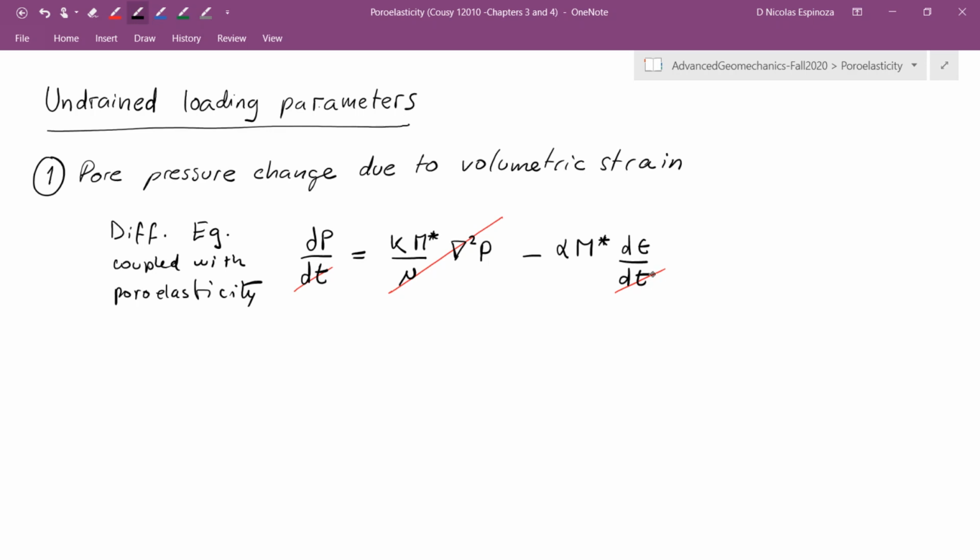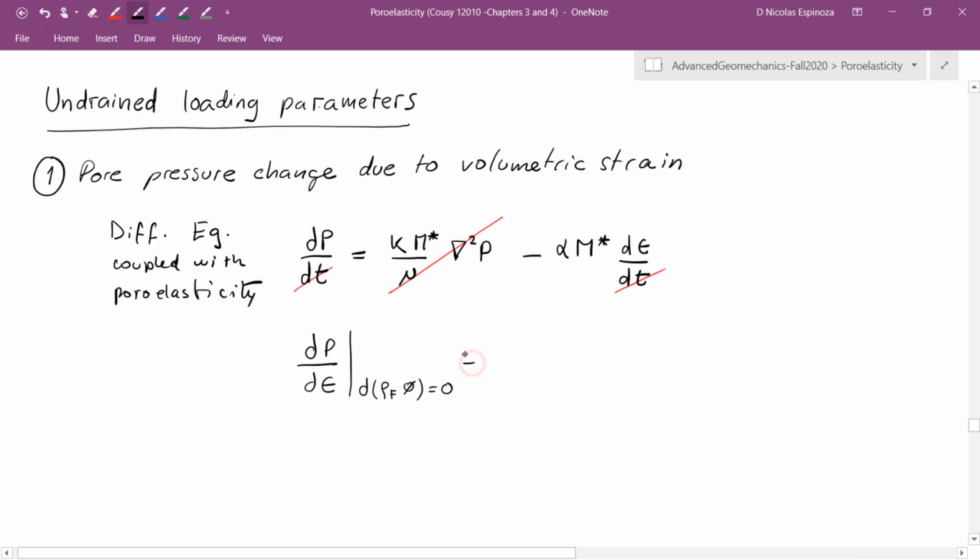So by rewriting this equation, I can write that the change of pressure due to a change in volumetric strain under undrained conditions, in which the mathematical expression for undrained condition is that there is no change of fluid in the pore space, is going to be equal, just from here, to